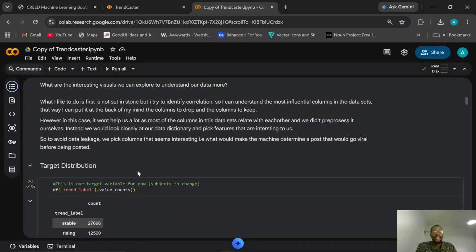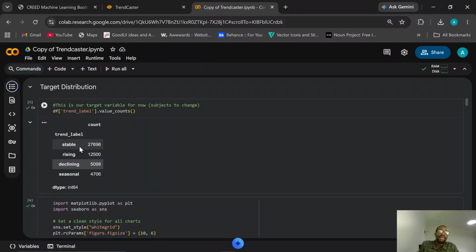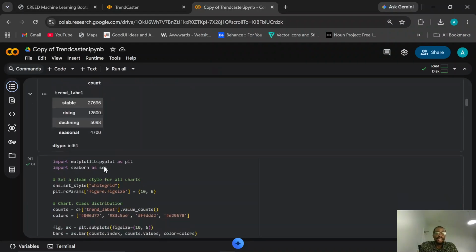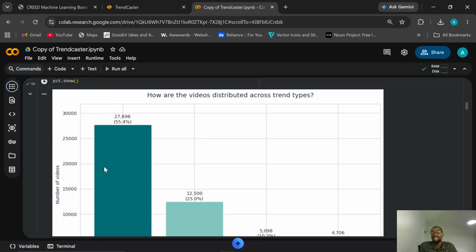So yes, I like to explore my data a lot because I don't like being blindsided. If I don't explore my data, how would I understand what exactly it is that I'm working on? So for the target label, we can see that the stable class has 27,000, which is the highest. The rising is 12,000, and then the declining class. We visualize this because it's really important to visualize.